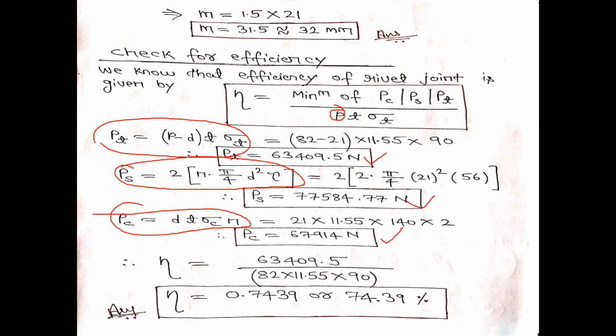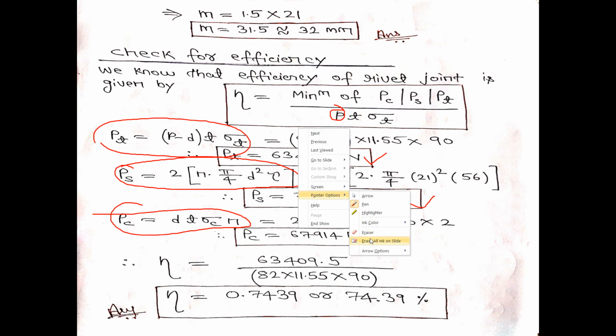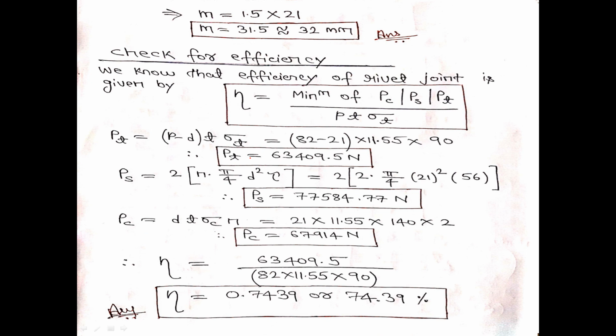So out of PC, PS and PT, I can see that this PT value is the lowest of PS and PC. So the efficiency of the joint is based on PT, that is